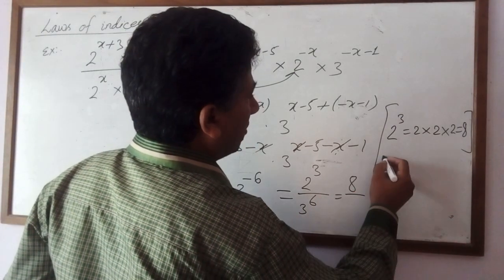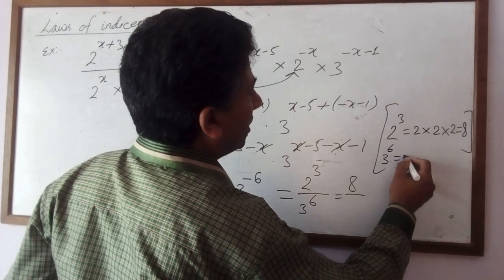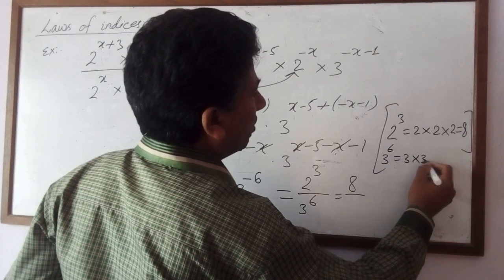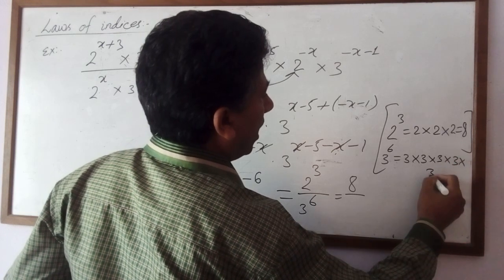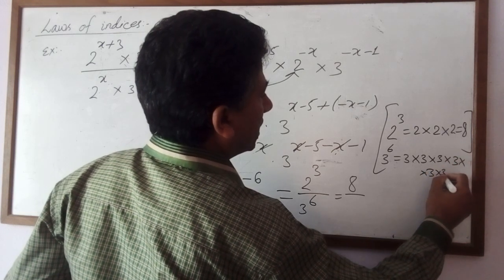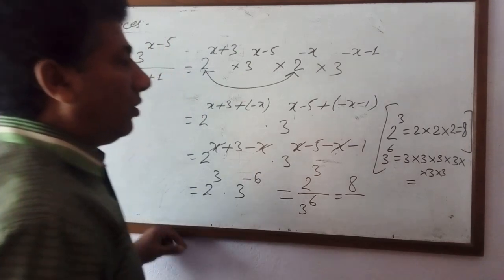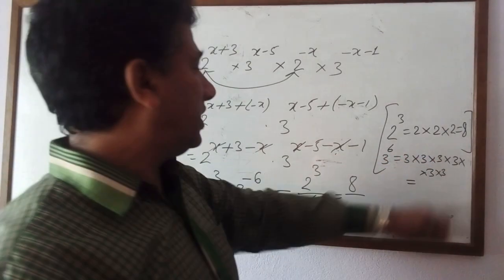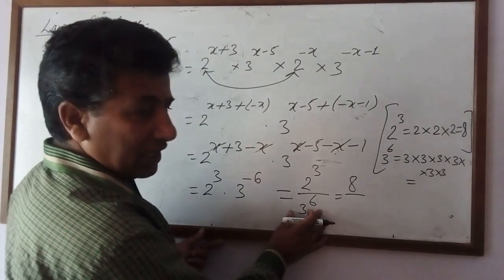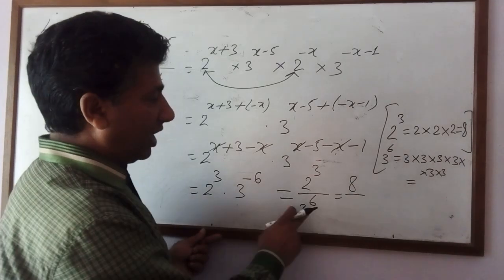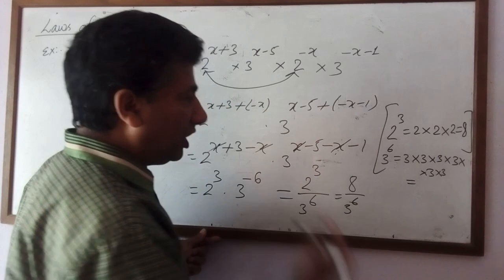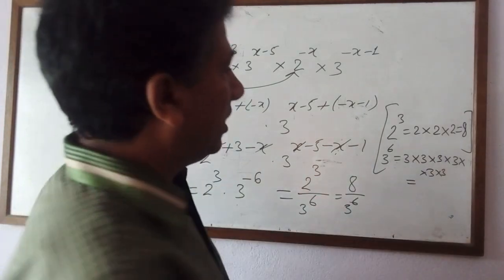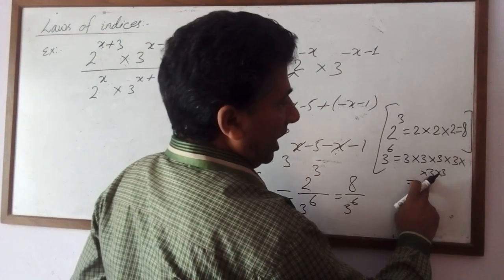Now 3 power 6. 3 power 6 means multiply 3 six times. 1, 2, 3, 4, 5, 6. When you multiply this 3 six times, you can write the answer like this. If the power is bigger, you can also write the answer in terms of 3 power 6, because this is a bigger number. If you want to write after multiplication, then you can write 3 times 3, 9 times